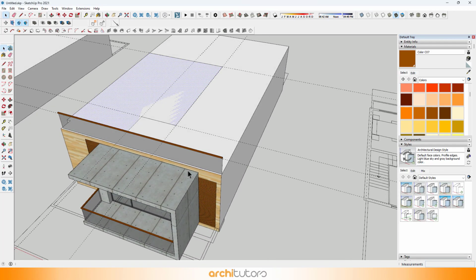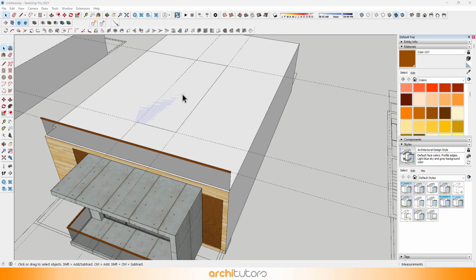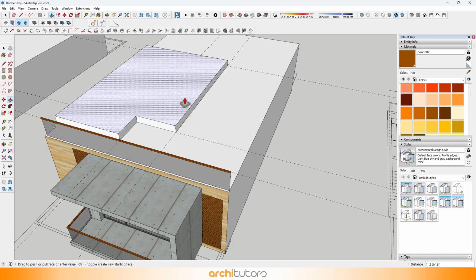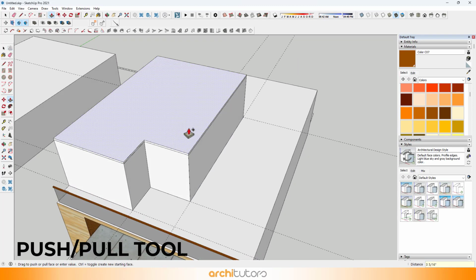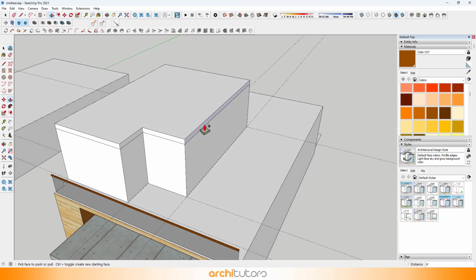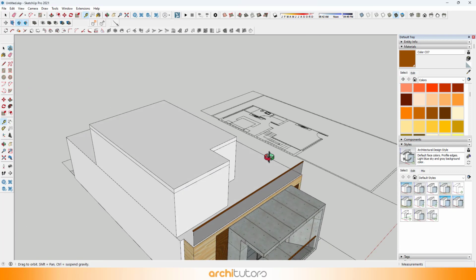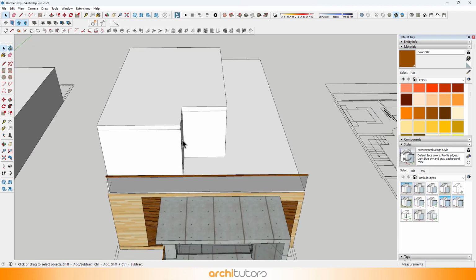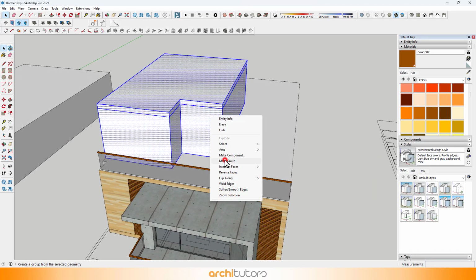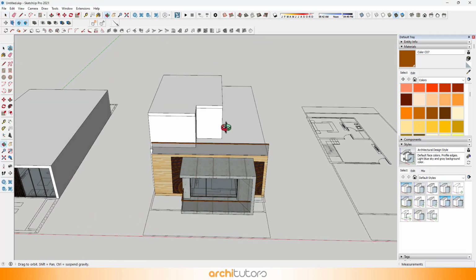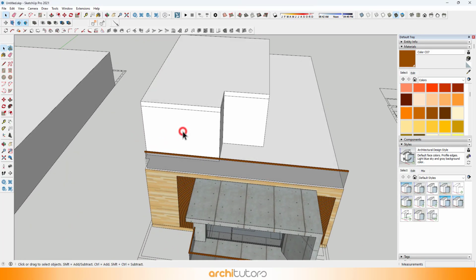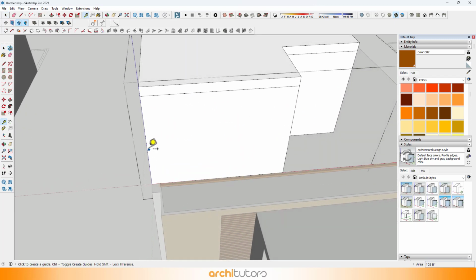Extrude the surface to create a volume. Hold Ctrl key and pull the surface to create another volume. That'll be the slab on its top. I'll turn that into a group. Now let's also add windows over here.